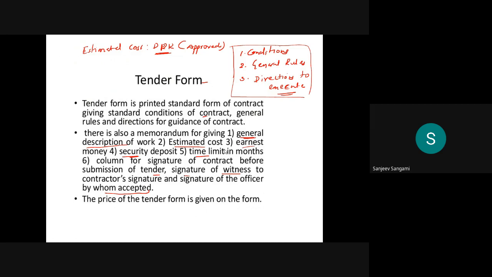So when you are going to complete it, when you have to start it, where exactly the location is, all the things will be there in this tender form.